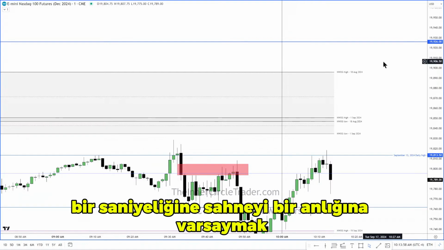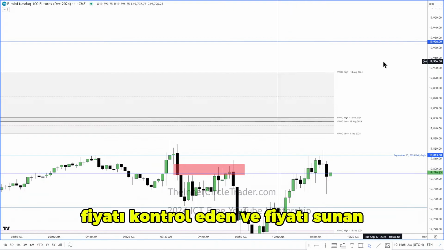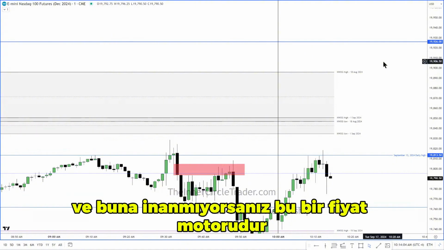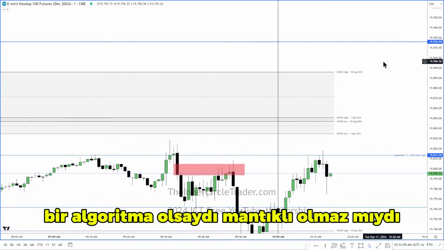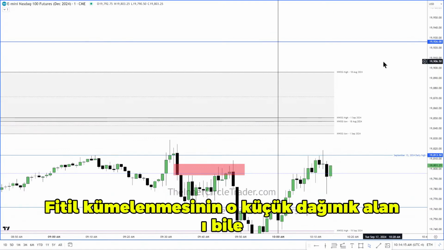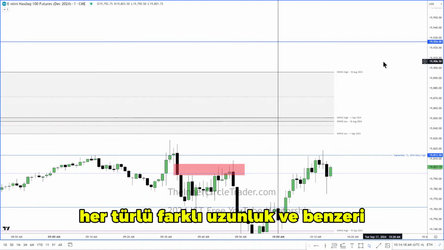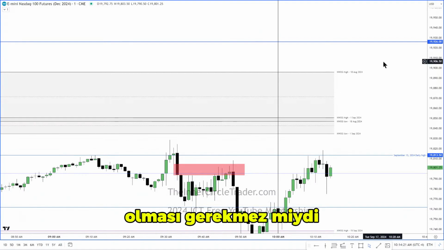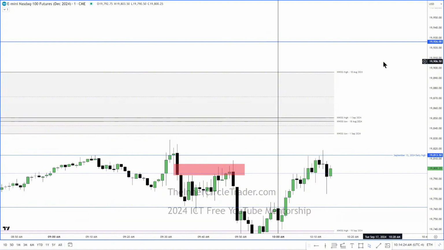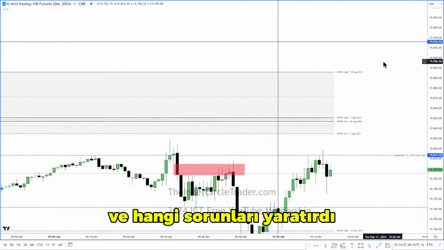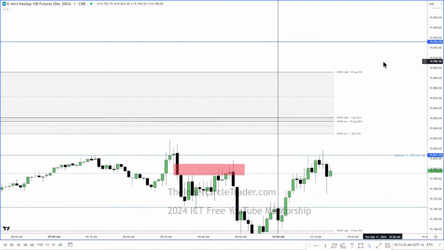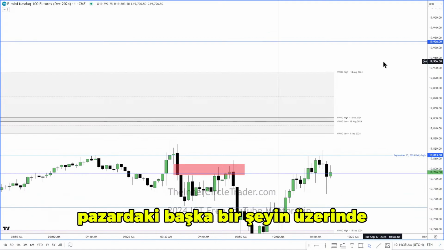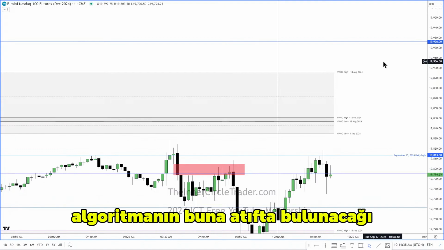the stage for a second, assume for a moment, if you don't believe there is an algorithm that controls price and it delivers price and it's a price engine, if you don't believe that, pretend for a moment that you did. Wouldn't it be logical, if there were an algorithm, that even that little messy area of a clustering of wicks, all different lengths and such, wouldn't it still have to work with that information there, or otherwise ignore it? And what problems would it create if it was ignoring that? And why would it ignore that? What would set the precedence over something else in the marketplace that the algorithm will refer to versus something like